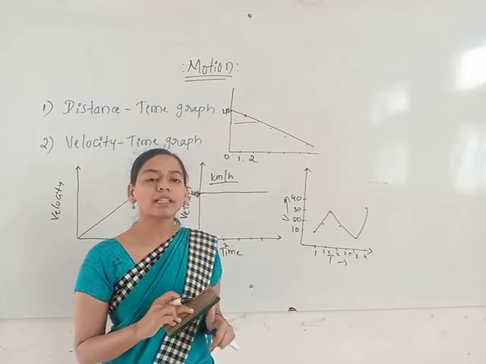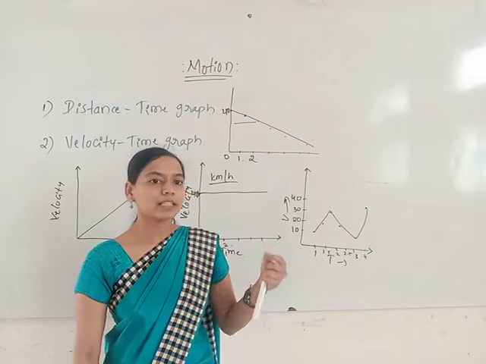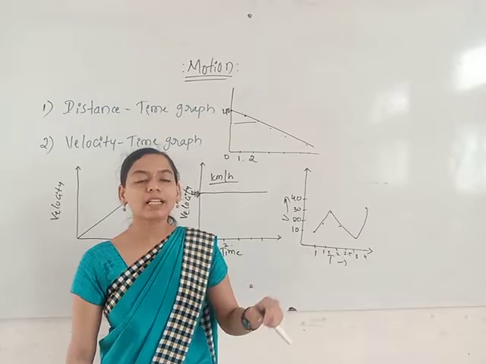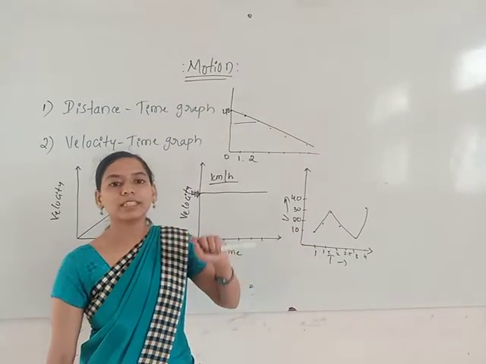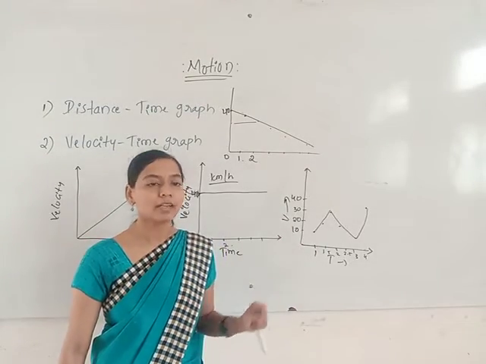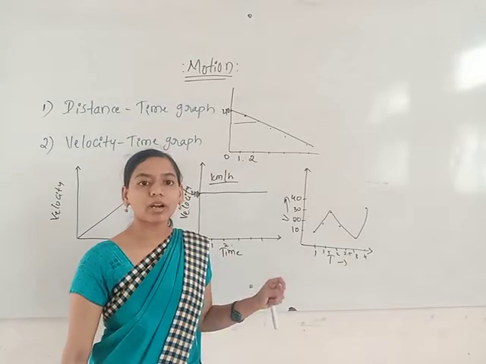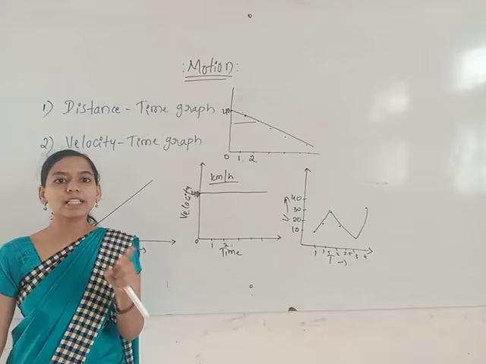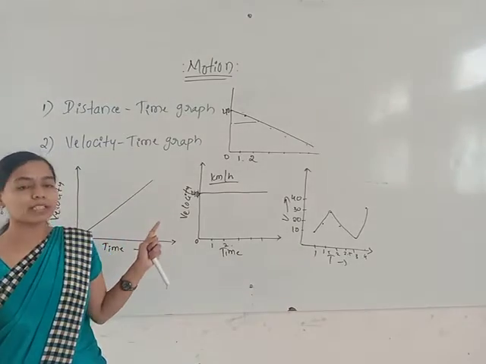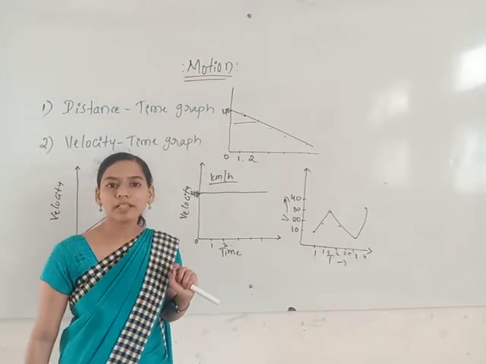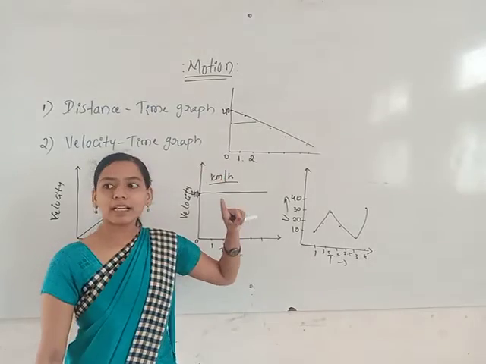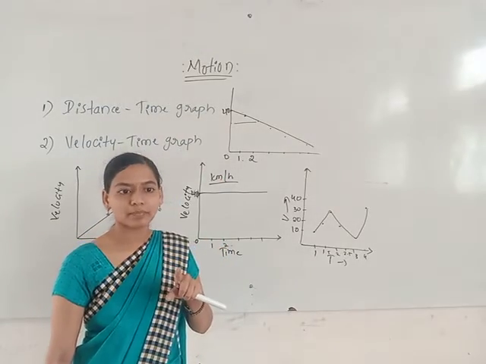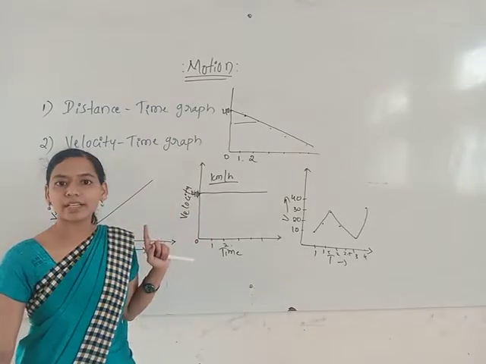So first, what is speed? Speed is the distance covered by an object with time. Velocity is the distance covered by an object with time in a definite direction. But acceleration is what? The rate of change of velocity. The SI unit of speed is meter per second, as well as velocity. But the SI unit of acceleration is meter per second square. Okay, we derived this in the previous classes.